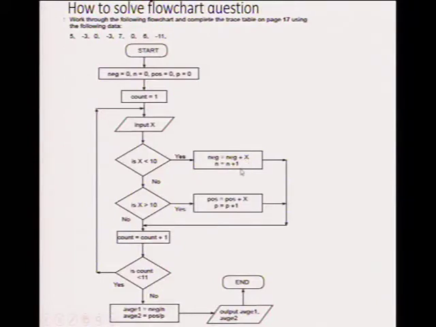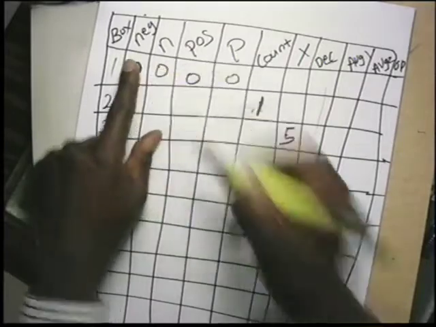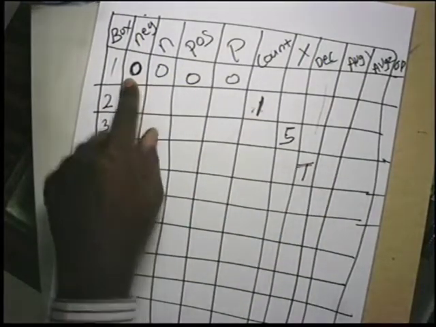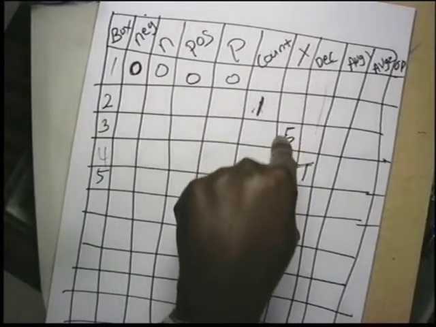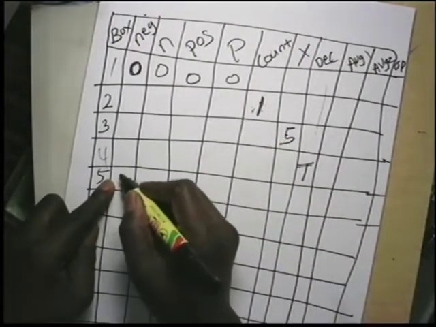You go back to your table and see what is neg. If I come back to my table here, see my neg is 0. Can you see now? So we say neg plus x. So 0 plus what now? x. What is x? My last x is 5. Meaning my neg now is 5. So under neg, you write